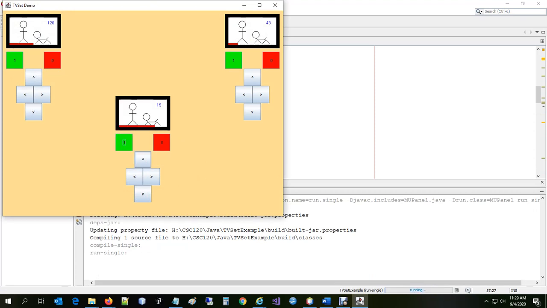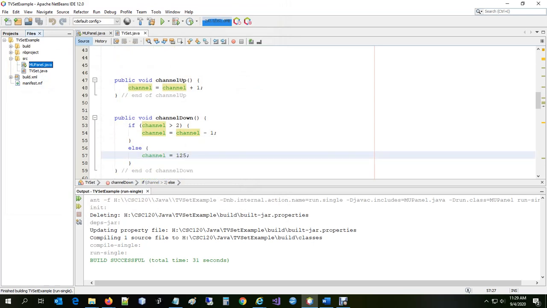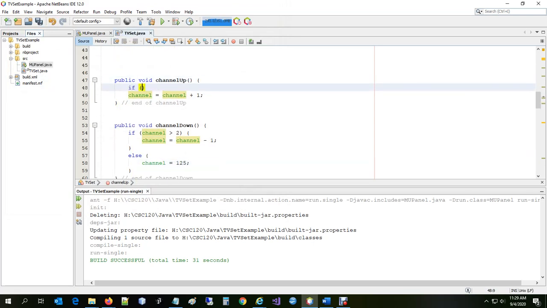I could start here with channel 19 and keep going down to channel 3, 2, and I wrap around to 125. But if I try to go back up, 125, if that's the biggest channel I have, well, it keeps going to 126, 120, it'd be all static, right? Because it wouldn't get that. So also when I hit channel up, I don't always want to add 1 to my channel number. For channel up, I'd want to do something similar to what I did here for channel down. If channel is less than the highest possible channel number,